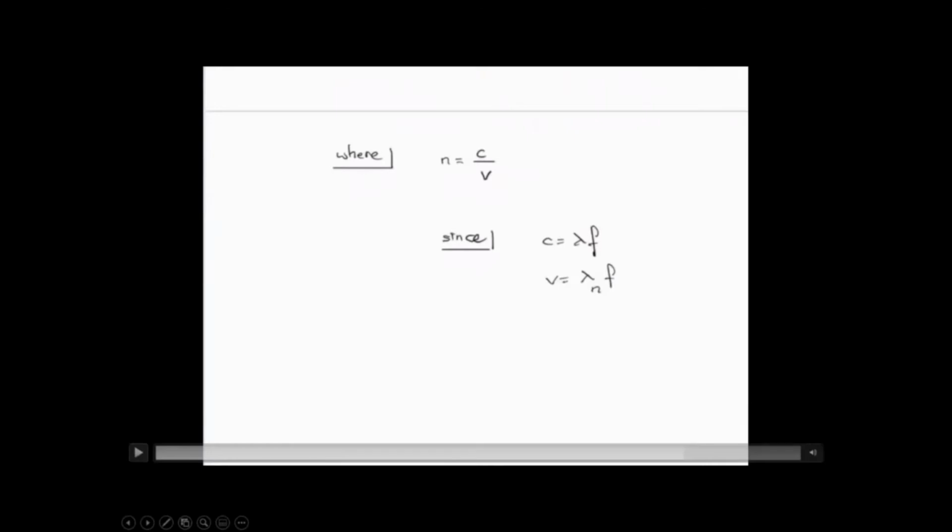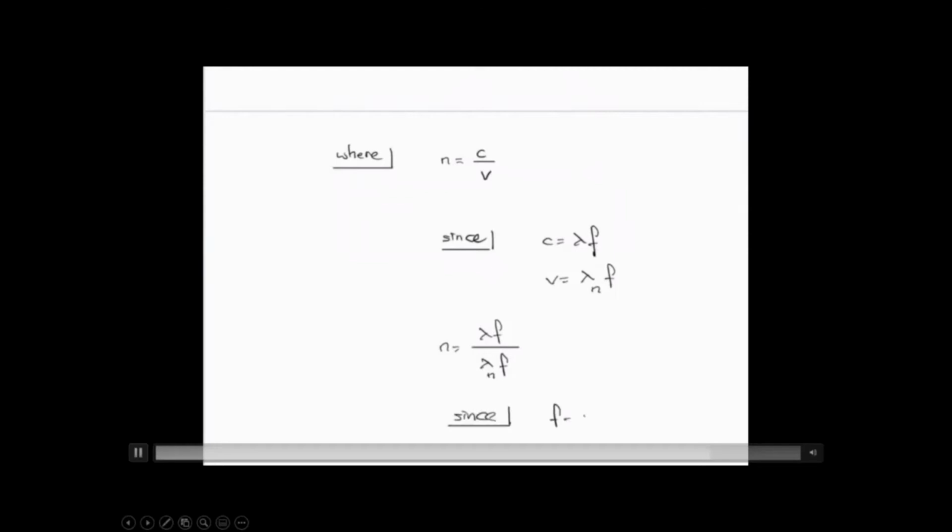So what's going to happen is, this is the light speed. You come in, and there's going to be a boundary between two different media. You come in from air and hit the air to water boundary. Imagine that the frequency at the boundary is going to be constant. So the wavelength is going to change upon hitting this boundary. Here's the speed of light in a vacuum, expressed in terms of its wavelength and frequency. And here's the speed of light in the optically denser medium. This wavelength is going to be affected by the density of the medium itself. That's the reason why this is lambda sub n.